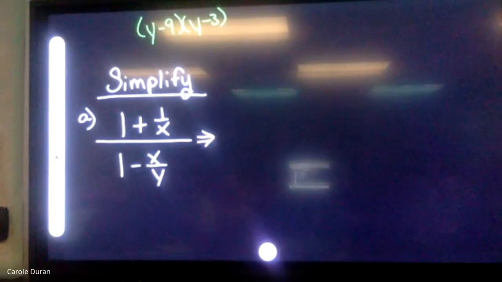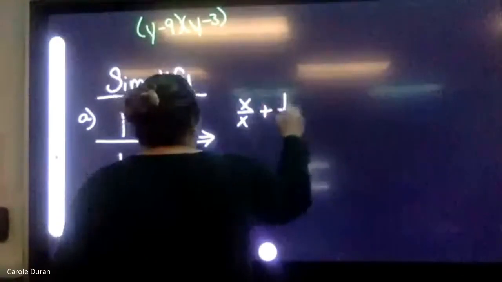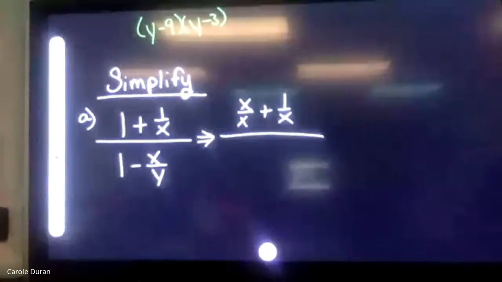In order for a fraction to go to a whole number, what has to be true about the numerator and the denominator? They have to be the same. So 1 is the same as x over x. So I get x over x plus 1 over x in my numerator. Same concept in the denominator. I need to turn 1 into something with the bottom value of y. So I'm going to rewrite it as y over y